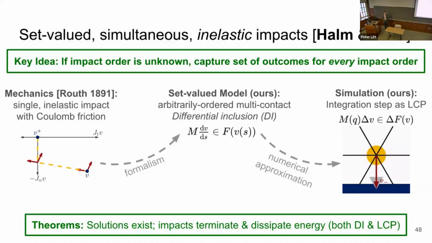But we do find that the results of this model are pretty physically plausible. For many scenarios where we intuitively know that only one outcome would happen, it usually produces that one outcome. An example I would use: if you drop a narrow object flat on its face, it's probably just going to rest there. If you drop it on the narrow end, it may rock off to one side or another. And we see that reflected in the predictions of this model.